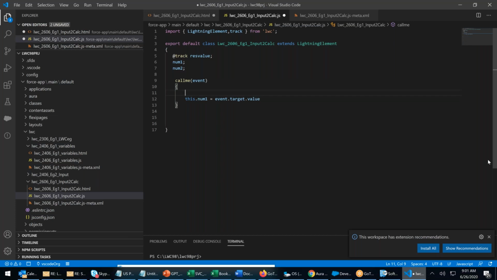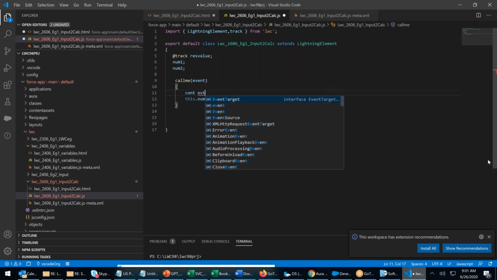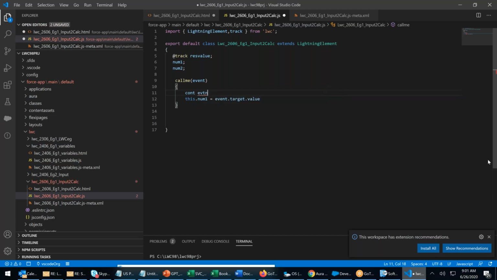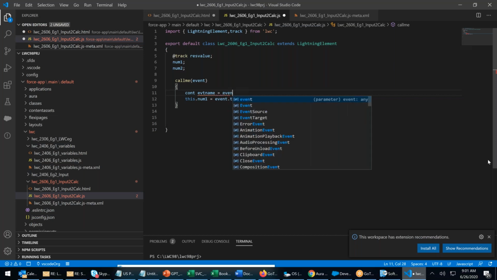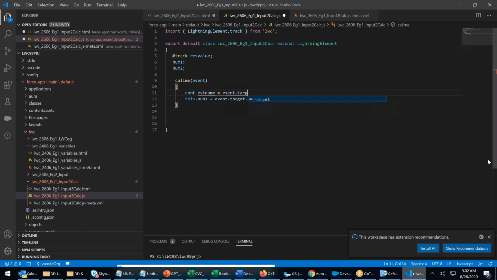So first, declare a constant, evtName, equals event dot target dot name.